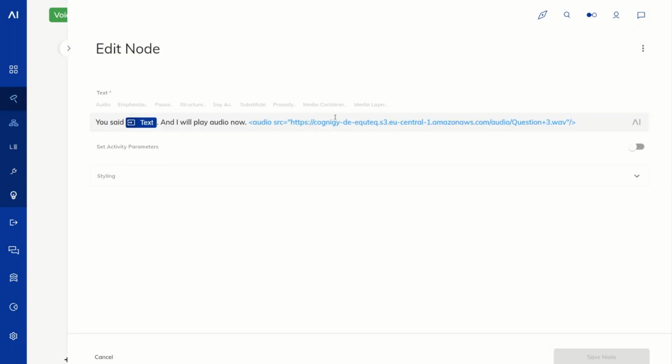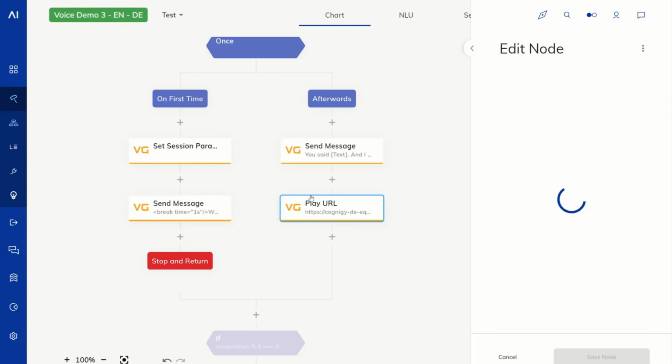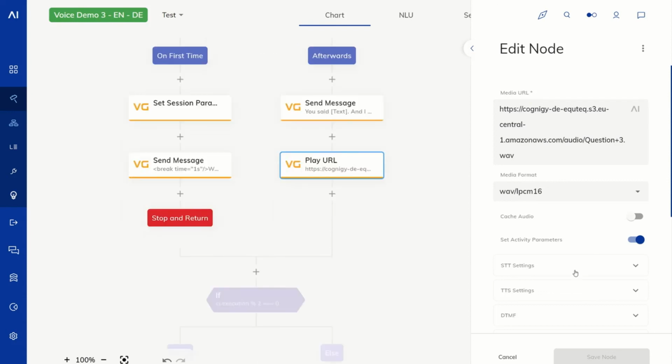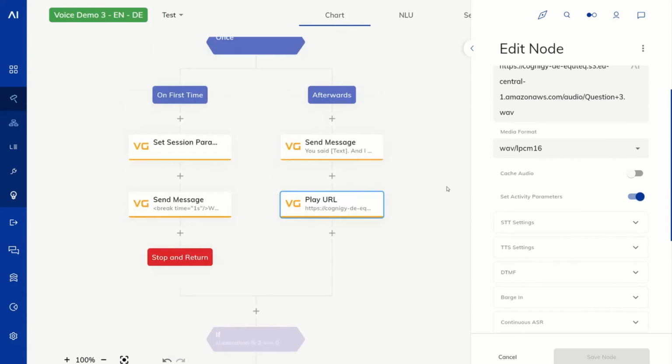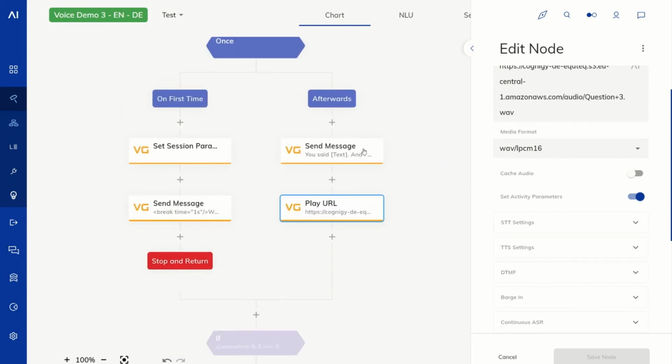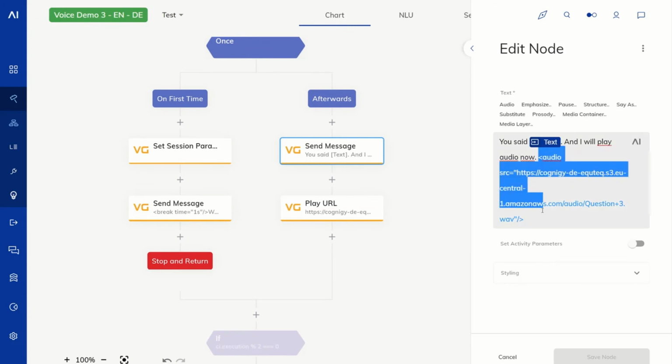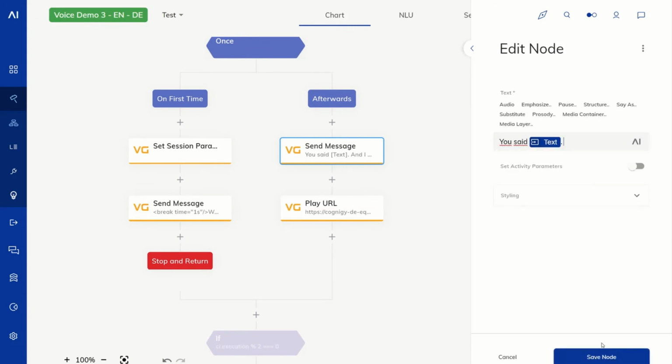So what's going to happen here? It will send all of this to your text-to-speech engine of choice. So, for example, Microsoft Azure. And then Microsoft will retrieve this and pipe this into your audio stream. Whereas this play URL node actually retrieves this and plays it directly from the voice gateway. Yeah, and then, for example, here you also have the specific settings which you would not have only for the audio portion of the send message. Let me just change that back. Otherwise, in my other examples, we will always hear this audio.